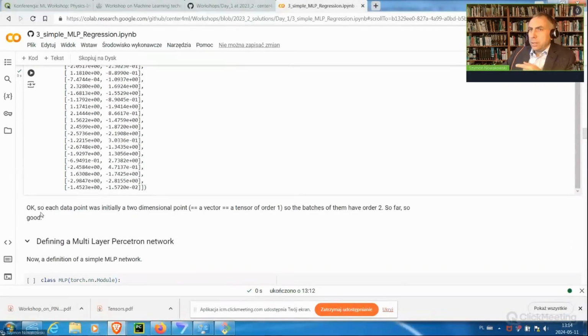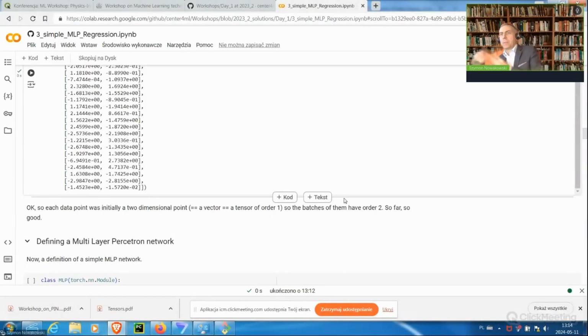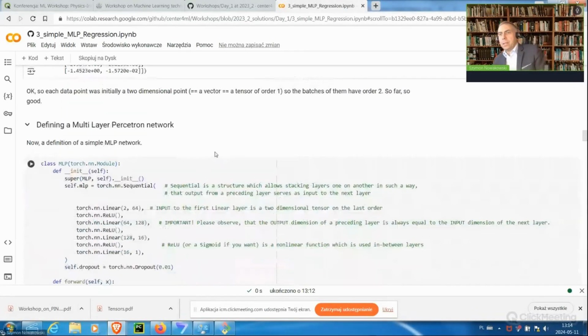And here is the explanation again, maybe in another language, maybe it will be more comprehensible. Each data point was initially a 2-dimensional point. This is a vector or a tensor of order 1. So when we batch them, we have a tensor of order 2. Okay. Now we want to define a